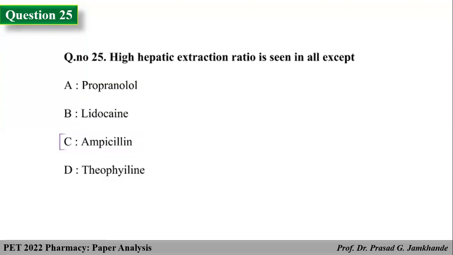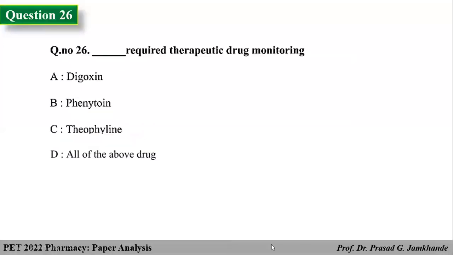That means it is rapidly and extensively cleared from the blood by the liver. That means the liver has the high clearance capacity for the ampicillin. So it is having the high hepatic extraction ratio. The correct answer is the C option, whereas propranolol, lidocaine, and theophylline have the lower hepatic extraction ratio. Next,